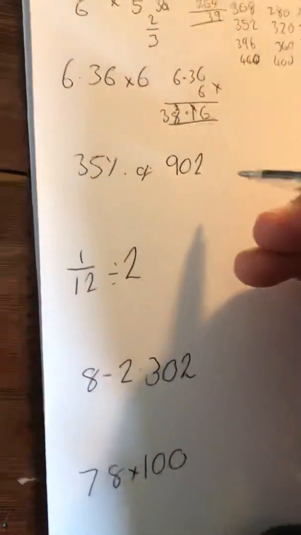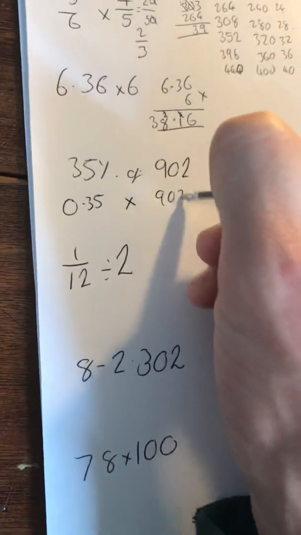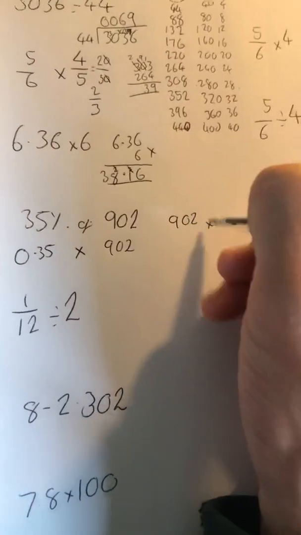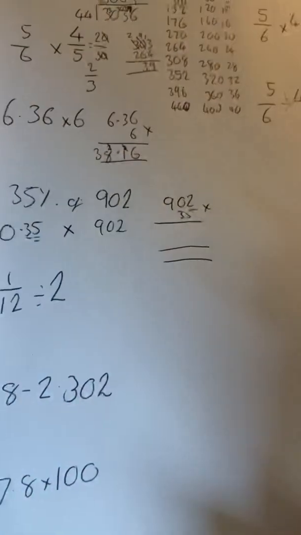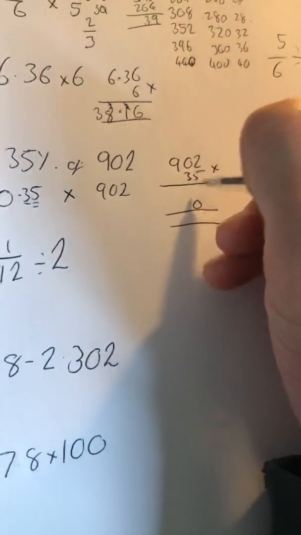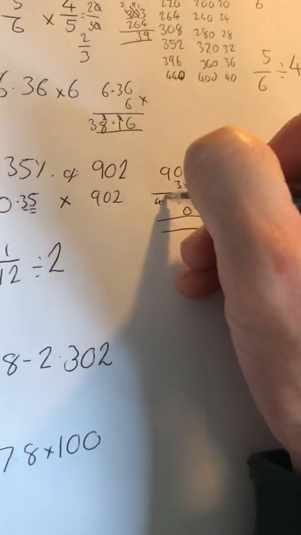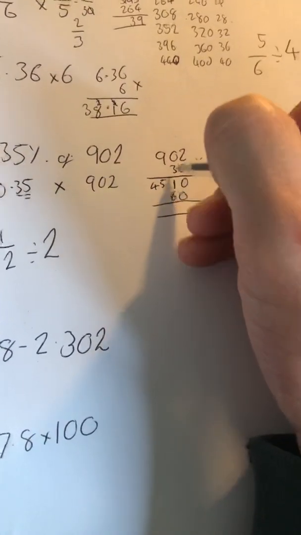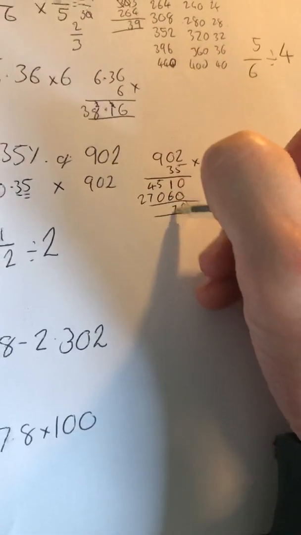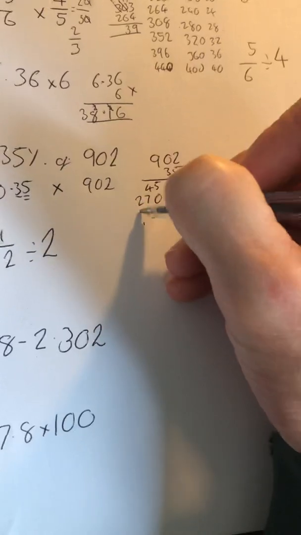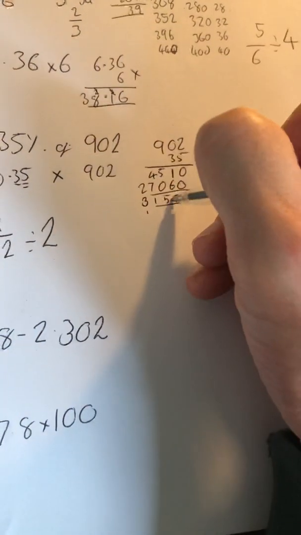38.16. Now I've got 35% of 902. I'm going to rewrite with a decimal equivalent, 0.35 lots of 902, so I can multiply, and then I'm going to make sure there's 2 decimal places in my answer. 0 and 0, 5 times 2 is 10, 5 times 0 add 1 makes 1, 5 times 9 is 45, 3 times 2 is 6, 3 times 0 is 0, 3 times 9 is 27, and now I can add. 7, 5, 11, 3, 31570, need 2 decimal places,